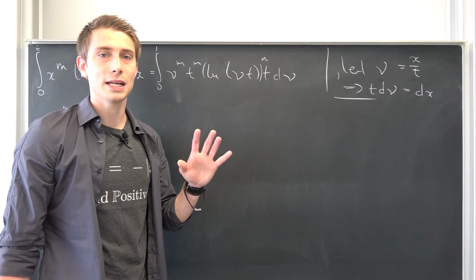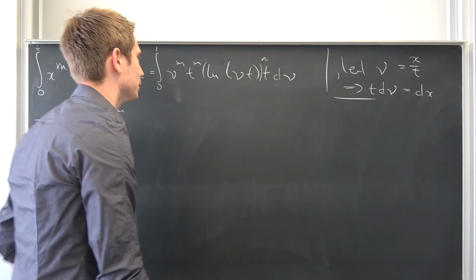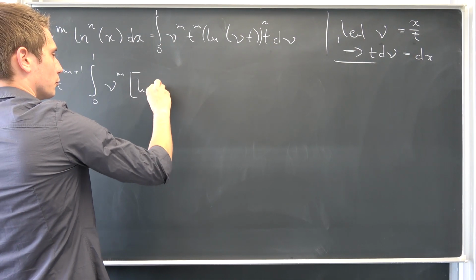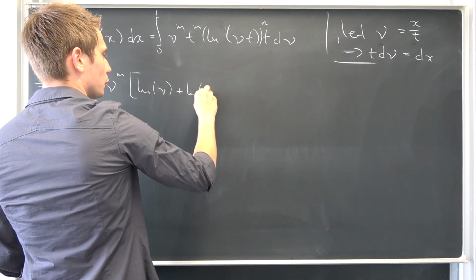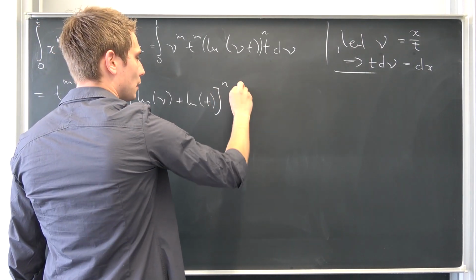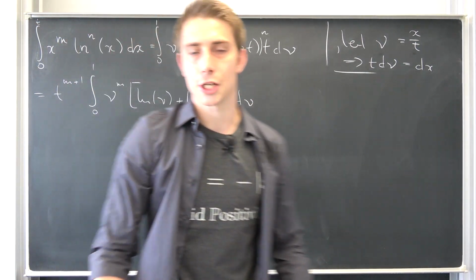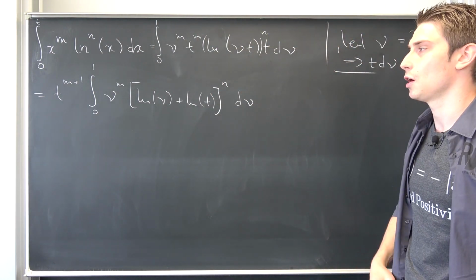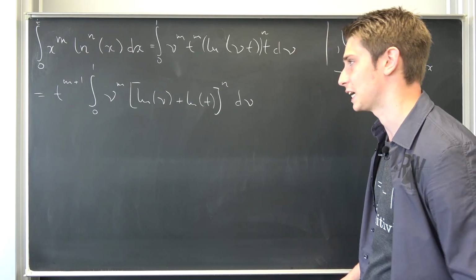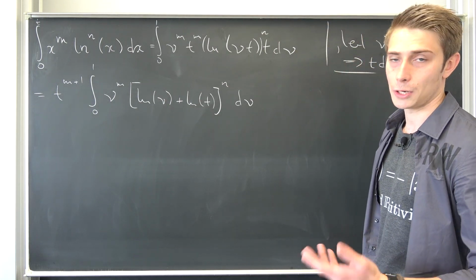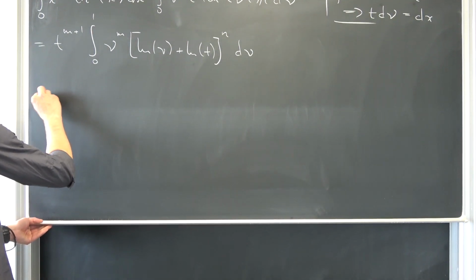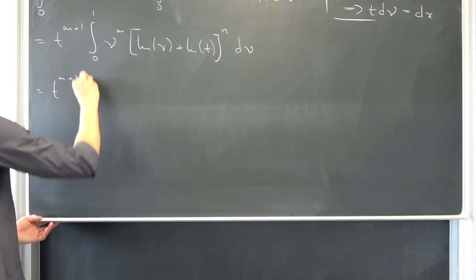But it's something you can see using Pascal's triangle, meaning natural log of nu times t is just the natural log of nu plus the natural log of t, multiplication of the arguments of natural log, but this time to the nth power, d nu. This is just how the functional equation of the natural log works in the real numbers, and also kind of in the complex numbers, but not in all cases. Now, binomial theorem, like I said, we are going to apply it to this. How does it look exactly? Well, our first part is going to be preserved.